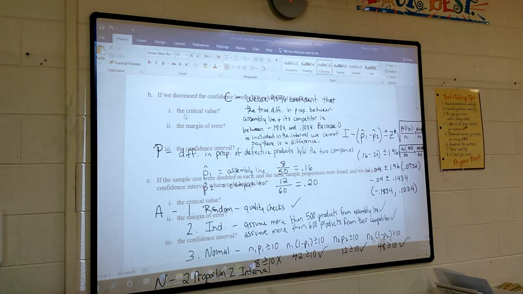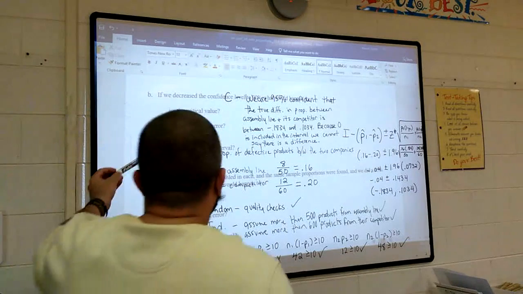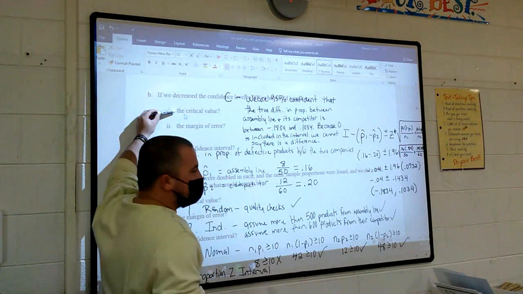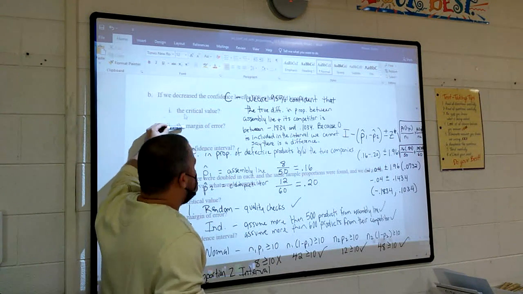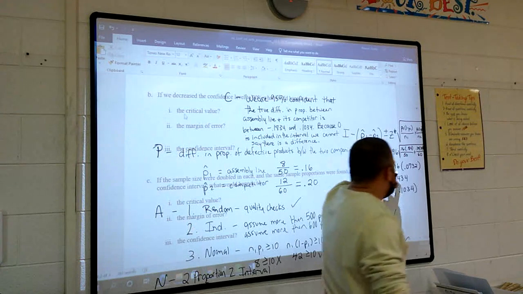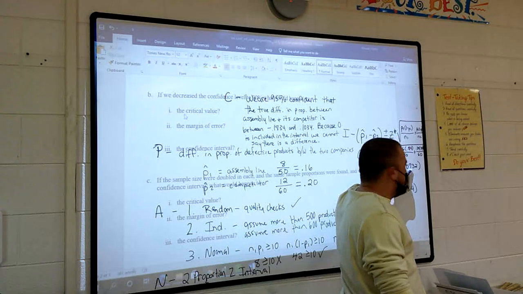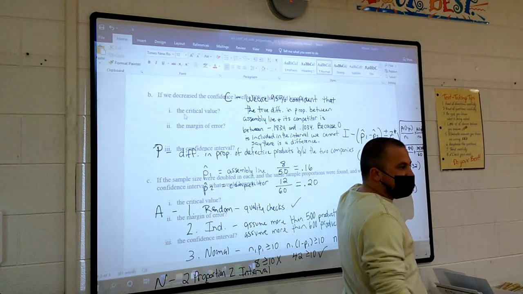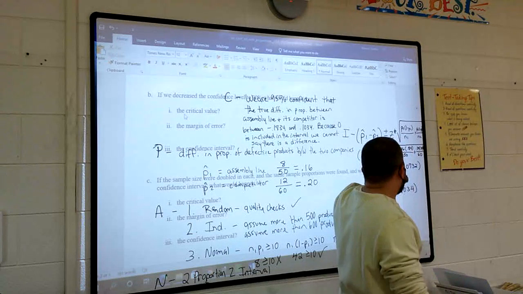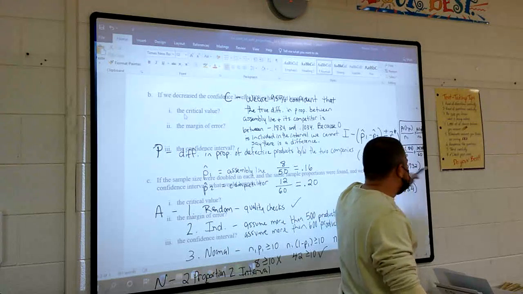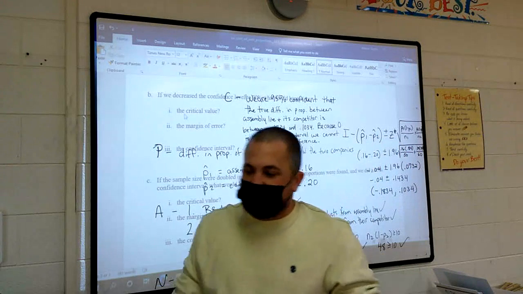That would be the z-score, okay, in B. It would be 1.645, right? The margin of error would now just be 1.645 times 0.0732. So you have to figure out what that is. It would be smaller. 1.645 times 0.0732. That would be your new margin of error,